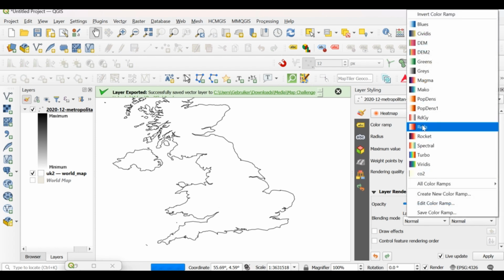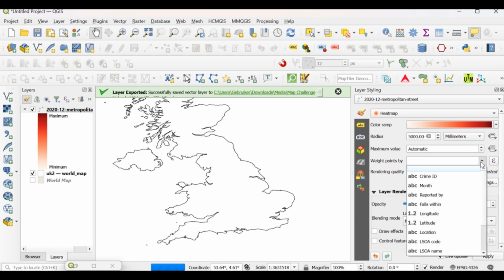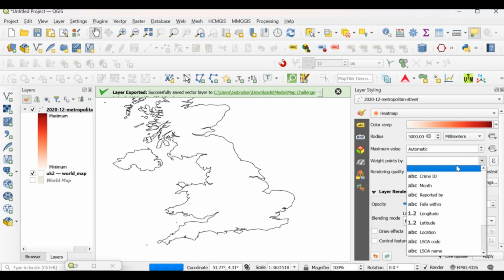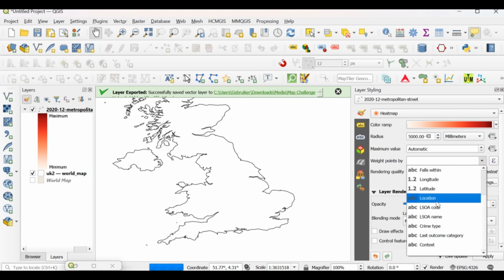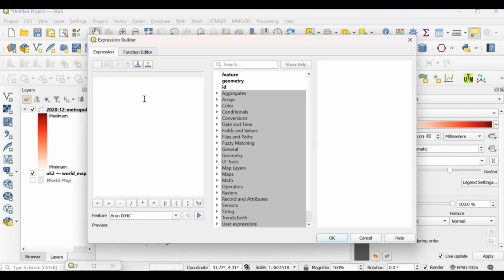You can also change this from light red to large red. You see that now it is not displaying the density on anything. You can choose to do it by location, by name, by crime type, but this is going to put everything together.